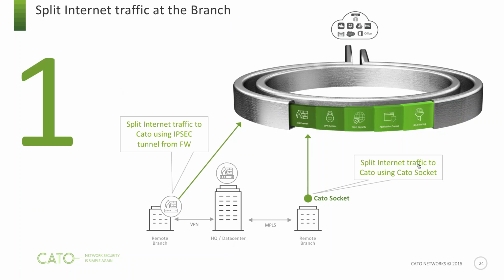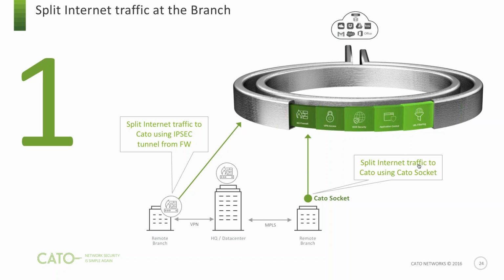The first thing we typically do with customers is we choose sites, could be a couple sites. You can see here one site is protected by a firewall, one branch is not. If there is a firewall in a site, we can define an IPsec tunnel and send only the internet-bound traffic to Cato. We do the same thing with the Cato socket. We can split the internet traffic at that site, send it to the socket, and from there it's going to get to the Cato cloud. Okay, so the customer at that point is typically testing our direct internet access scenario. Okay, they enforce security on those